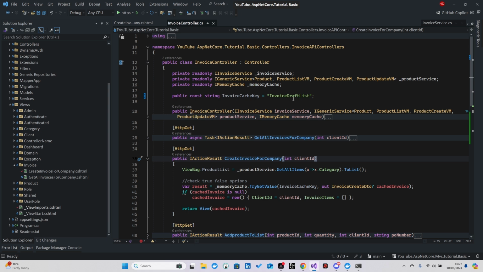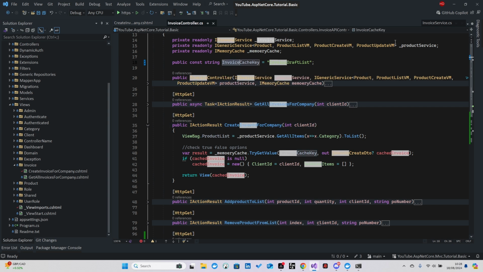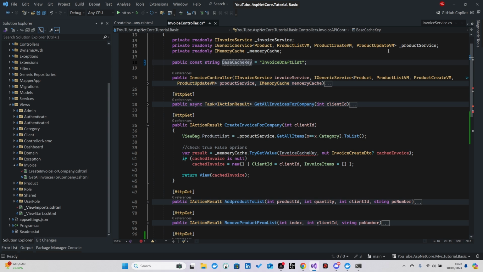So this invoice draft list, invoice cache key, we must use a unique invoice cache key for each customer. So I'm going to change the name, base cache key. Okay, and it is going to be,